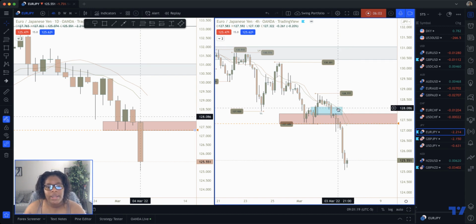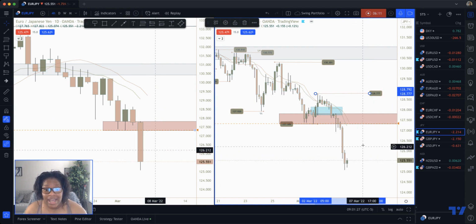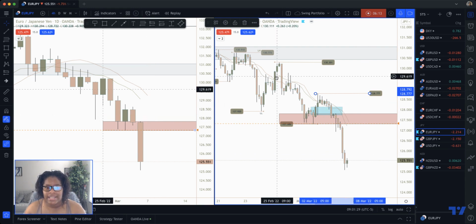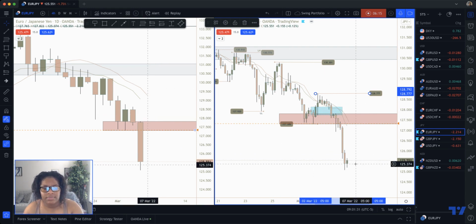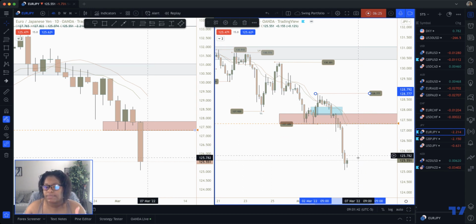So with this, I want to see if price can stay below our last lower high here on the 4 hour at 128.777. So this week, you guys can see how close she is to my zone. Like, it doesn't take many candles for price to move. But what you have to be aware of, if price does pull back, will she come into this zone? That's what we want to see,